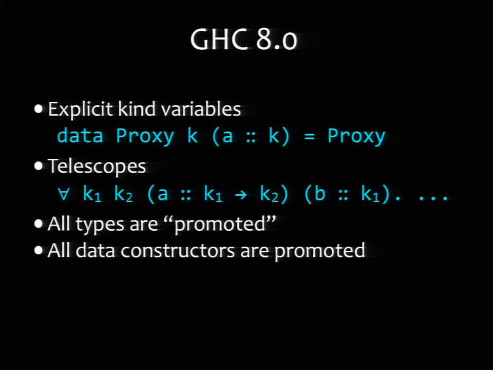All data constructors are promoted. This includes GADT data constructors, which currently, if you try to use them, you get errors. And so you'll just be able to use those at the type level. So all of them get promoted, but not all of them can be used. We're not promoting instances yet. If you have a constrained data constructor that has, say, a Show a constraint, and you try to use that at the type level, you'll just get an error because there's no type-level instance to use there.